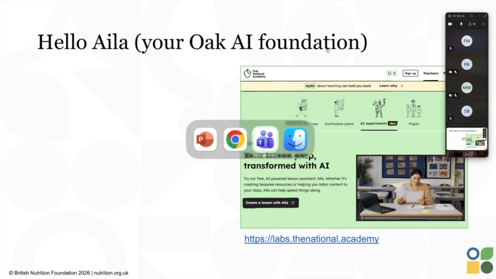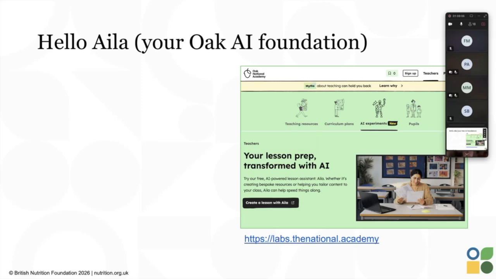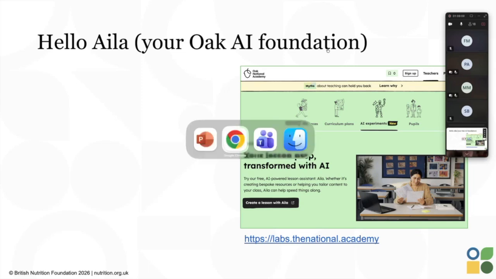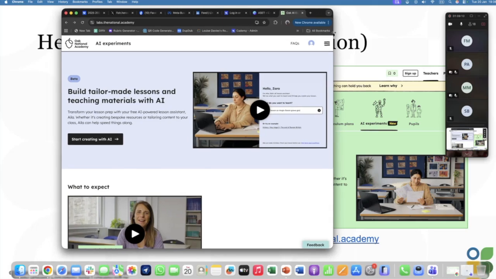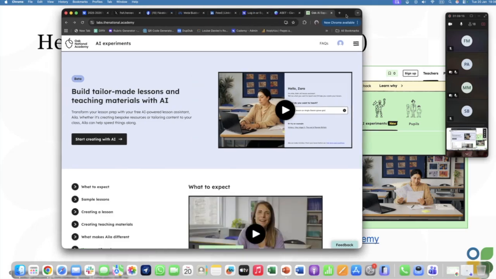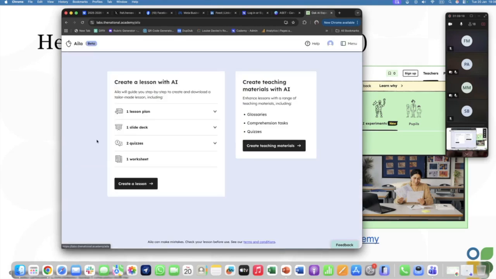If it's going to work, and just to see how that actually is planning forward. So this is the website you can go to, and then you can start here with Start Creating with AI. So you click on that. You can do this, so do a lesson plan, slide deck, quizzes, and worksheets. Now, Sam will probably be able to tell you a bit more about this afterwards, but what's really interesting is